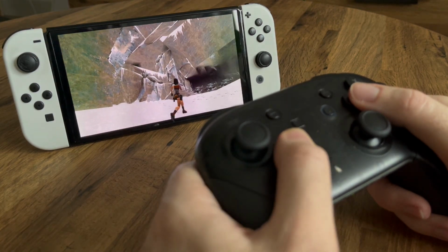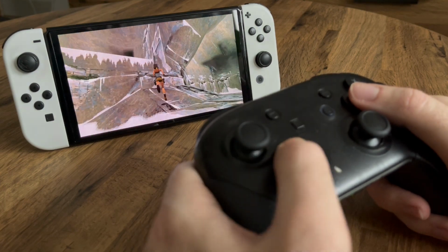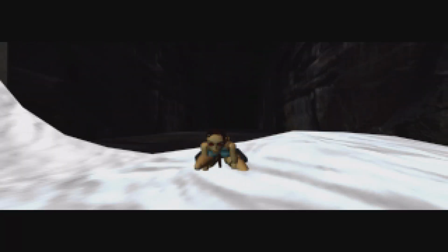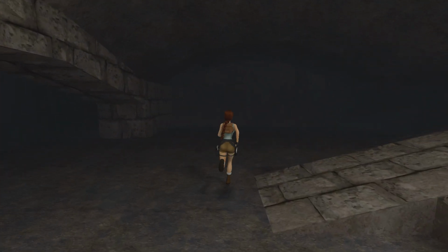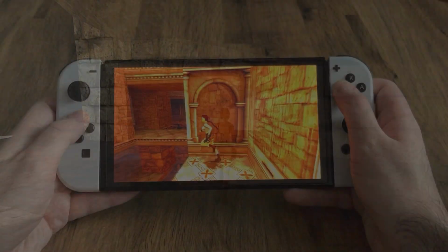Hello everyone, I've been revisiting the original Tomb Raider this week. Developed by Core Design and released in late 1996, it introduced us to the exciting adventures of Lara Croft. The complete original trilogy has recently been remastered, with new graphics and control options. It's been so long since I've played the original game, and it's been pretty fun to play it again on